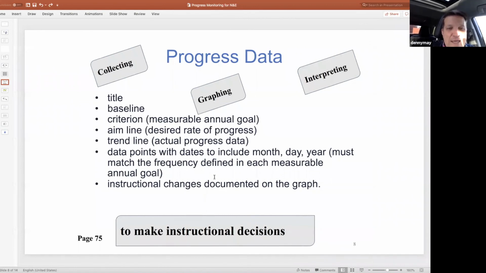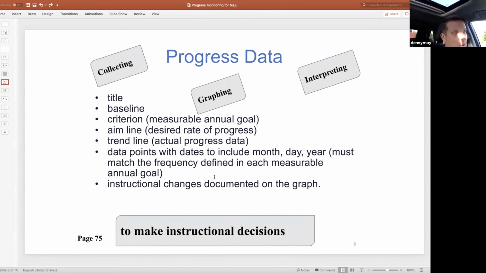So these are the things that are required by the state when you're graphing your information, when you're giving a visual representation to your parents when you're doing progress reports. You're required to have a graph to go along with each goal. And the one thing I can point out that we had a really rough time with a couple of years ago was making sure that we matched the frequency in which we take data to what we're putting on the graph. So for example, if that F part of our measurable annual goal, frequency of data collection, says that we're going to take data once a week, we have to have a graph that